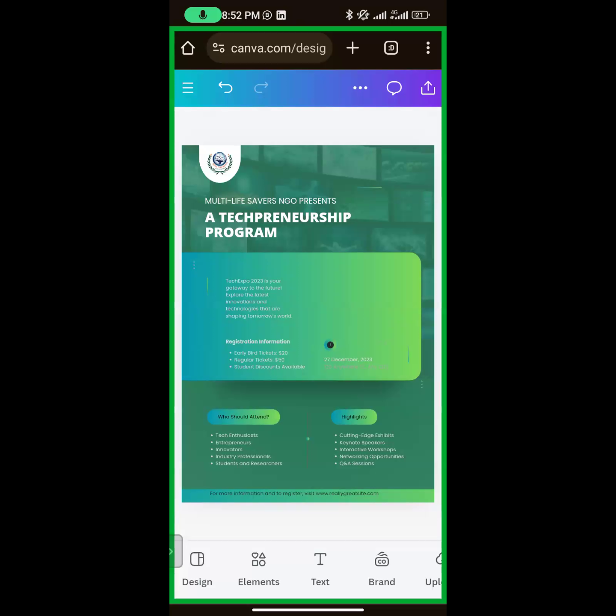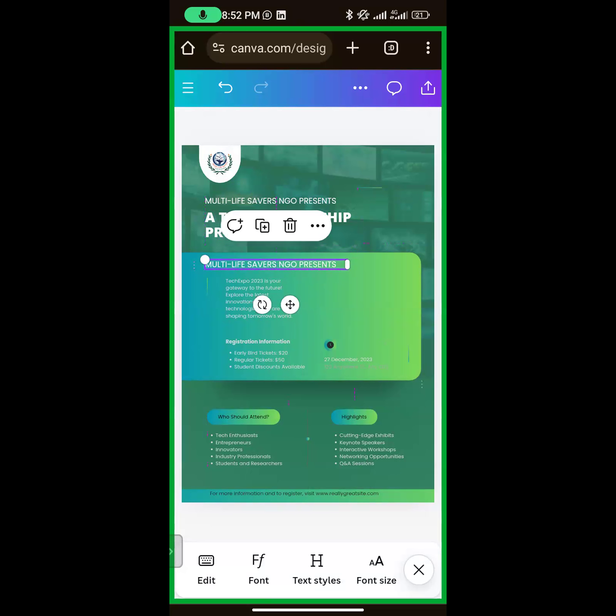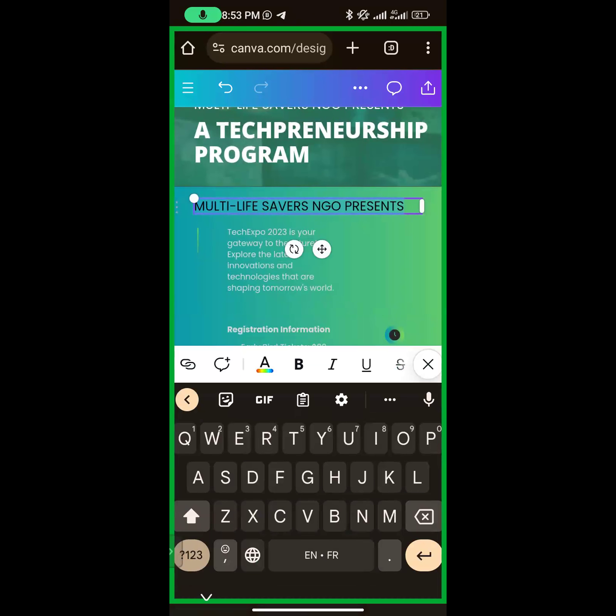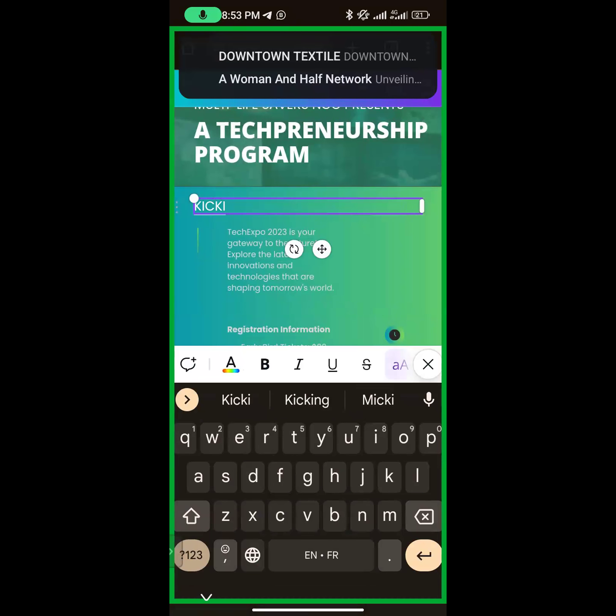So we're going to copy this multi-life savers NGO. Copy, bring it here. So we are still working with alignment. We are still going to align that logo. That logo is not well aligned. So we're going to bring it here and write kicking off with